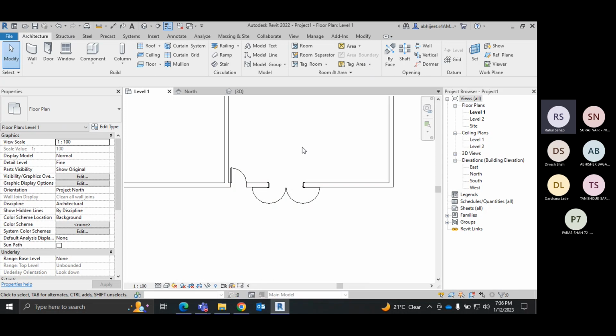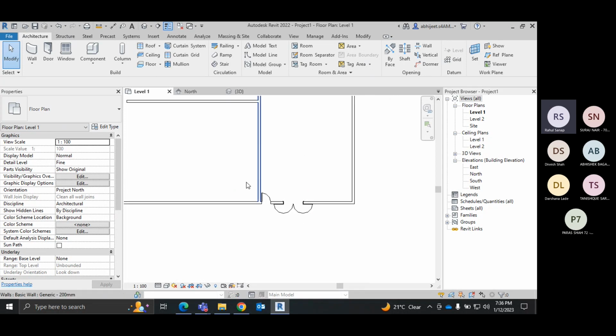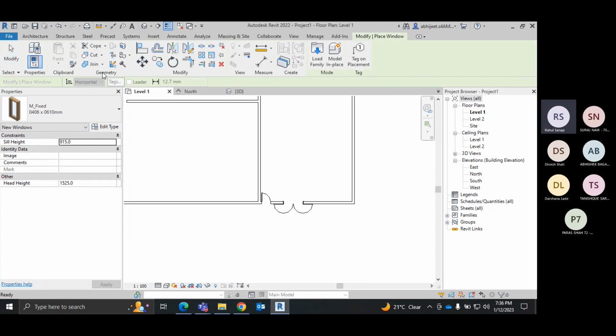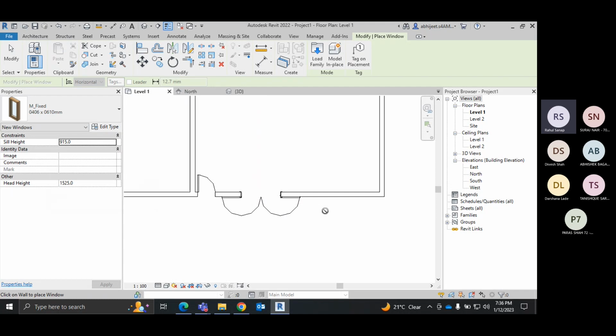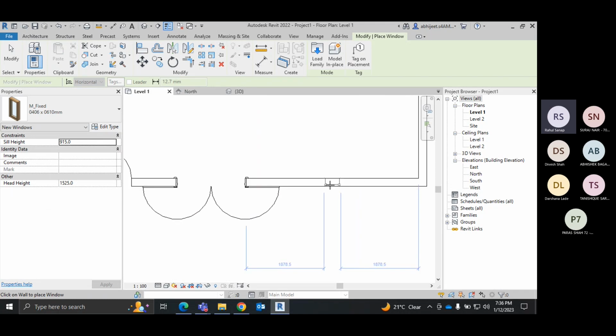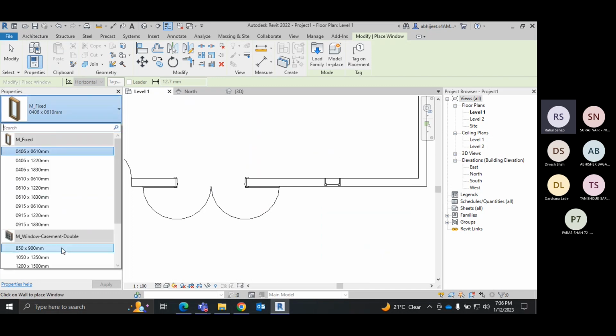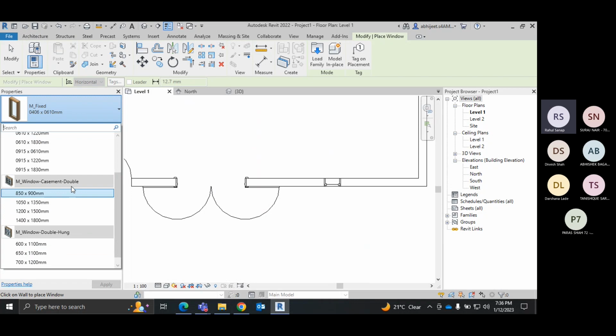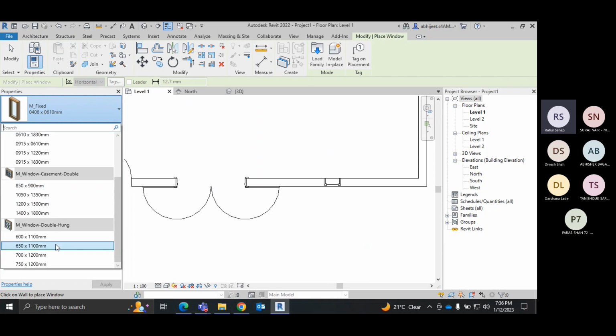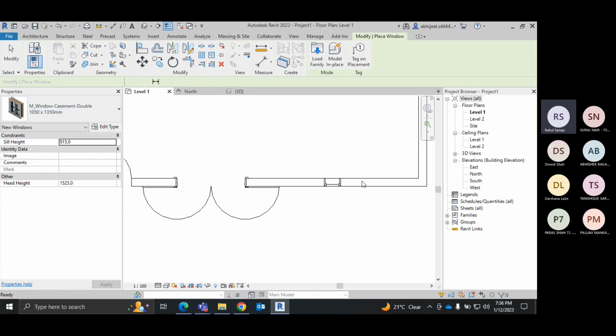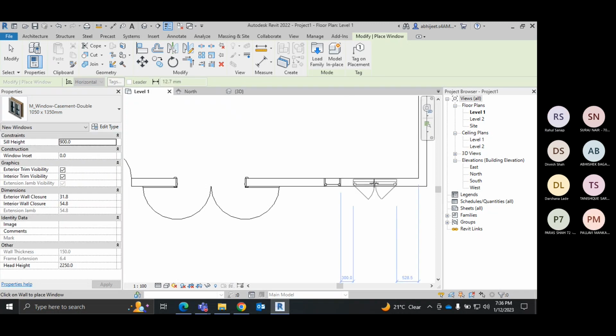Now coming to the next point, windows. Similarly, how we place the window, the process is almost similar. Simply you need to find and place the window on the wall surfaces. Let's say here I have placed one. Again, only one type of window is available over here, or here you will find the double casement window or the double hung window. But if you want to load some different shapes and different types, so that